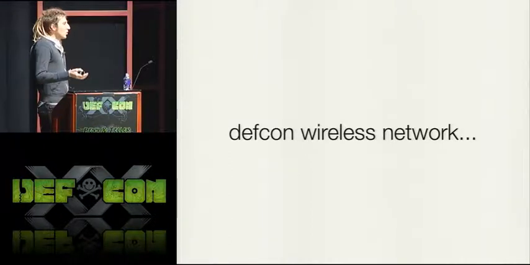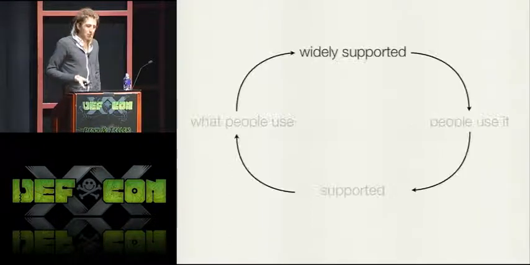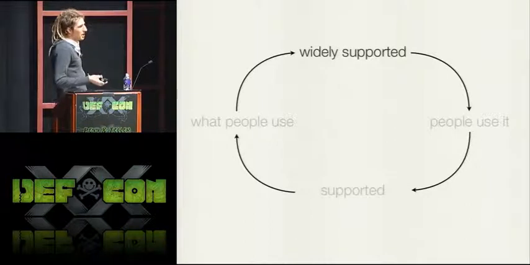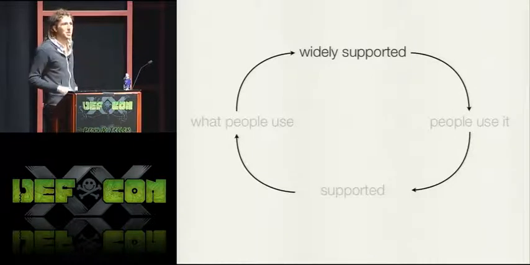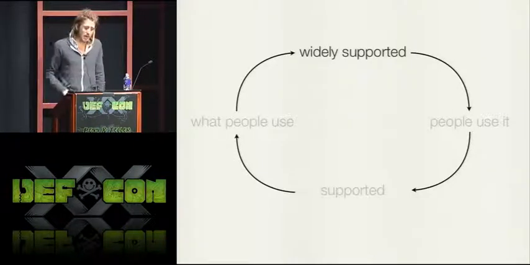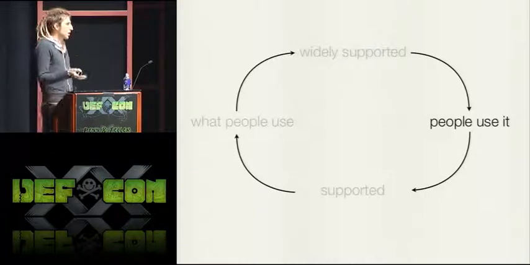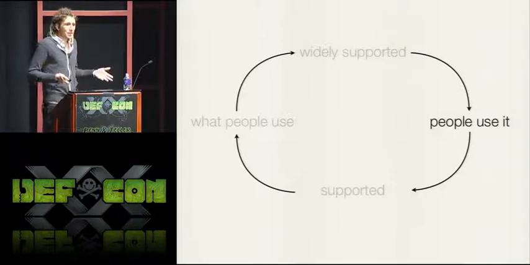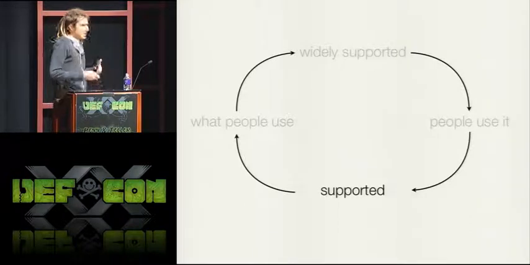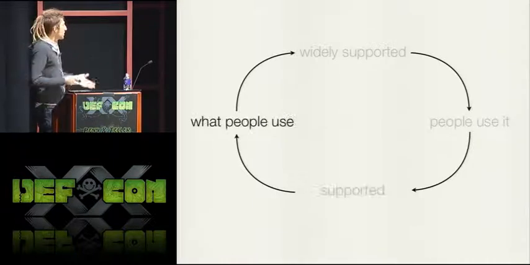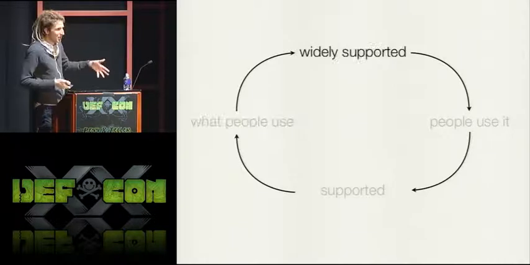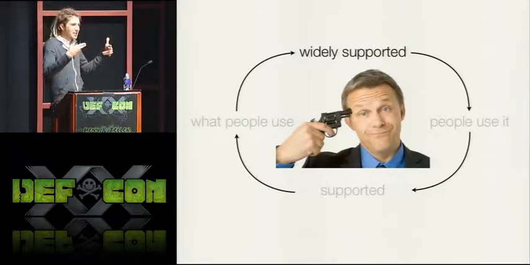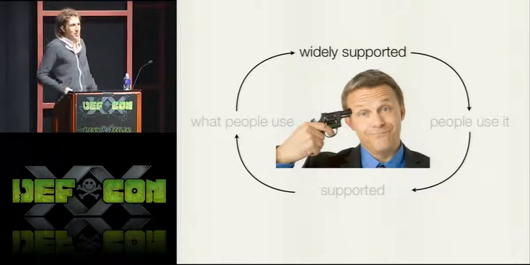So what's the deal? Why is this so popular? Well, I feel like there's this cycle, right, where it's really widely supported. It's built into Windows XP. It's the only VPN authentication method supported in Ubuntu by default out of the box. And so it's what people use. It's really widely supported, and so everybody starts using it. And since it's the thing that everybody is using, when people develop new products, that's what they support. And since it's what's really supported everywhere, that's what people end up using. It's this really maddening cycle that's just impossible to escape from.